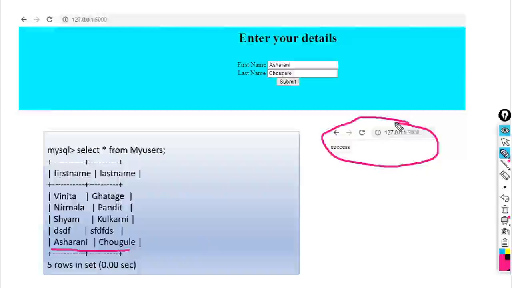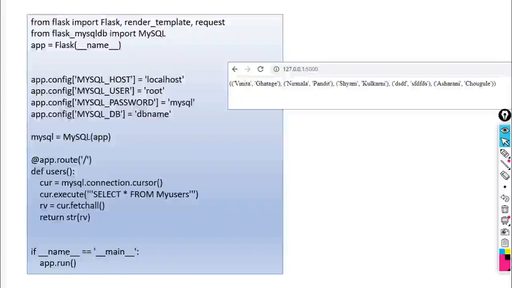So with these two scripts, the HTML script and the Flask script, we can transfer data to MySQL. Here we have only seen how we can transfer the data. No validations are there, no constraints are there, we only transfer it to MySQL. Now, how can we see this data in Flask? We can see it in a Flask script also. Whatever data we have stored in MySQL, we can invoke on the screen like this.